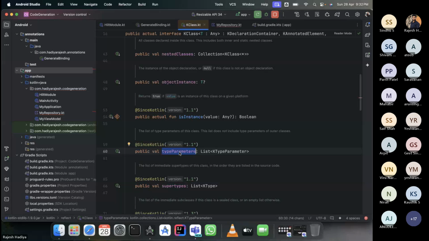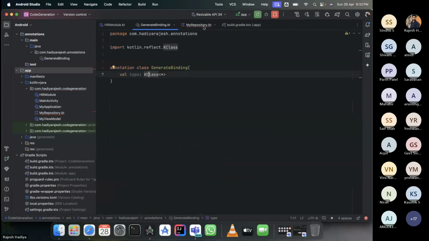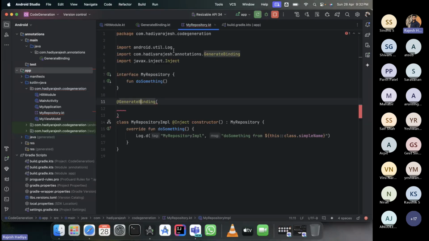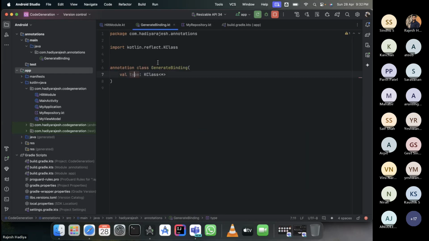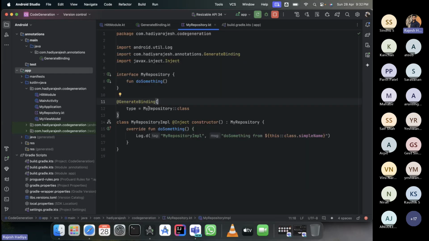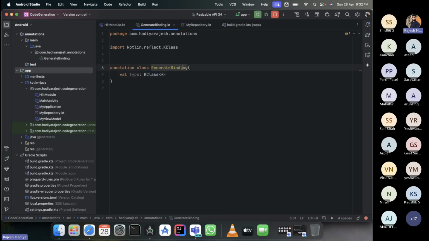So basically, all the information that is related to a particular class can be provided using the K class. In Java it is a class. So we will take a K class as a type parameter. What we can do in the type class here is tell our annotations that I want to bind this repository with my repository, and using this operator you can provide the class. Using this you can provide the instance of the K class. So now at the annotation processing time, we have access to both of these things, implementation and the class